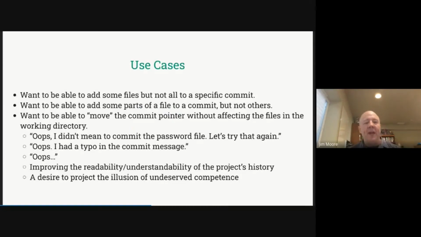But what if I want to be able to add some files, but not all of them to a specific commit? You could do that in the other ones, but we're going to see some other stuff. I want to be able to add some parts of a file to a commit, but not others. So one thing I tend to do a lot is, I'll make a whole bunch of changes as part of something, as part of like a big refactor or something.